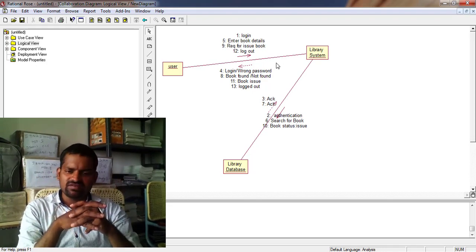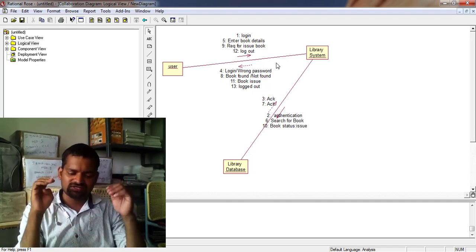So these sequence diagrams and collaboration diagrams represent the dynamic behavior of a particular system.